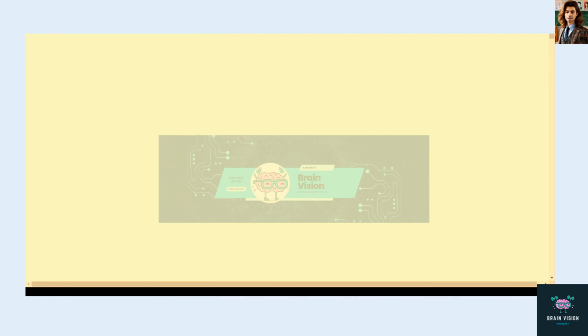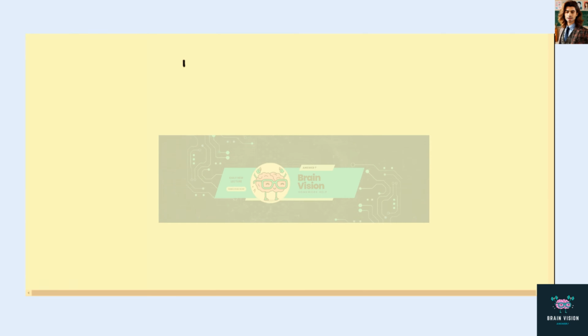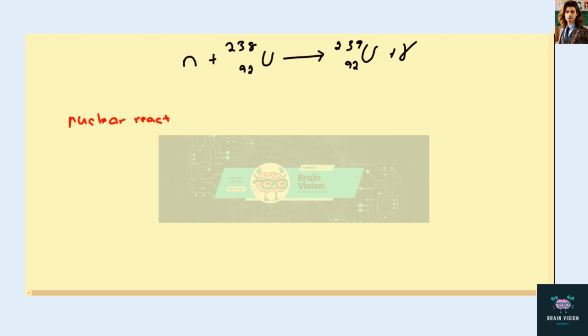So we want to know if this reaction is possible with a slow neutron. So we are given neutron plus 238, 92 uranium. Here we have 239 U, 92 plus gamma. Okay. And so a nuclear reaction with a slow neutron, so I'll write that in red, is going to look like